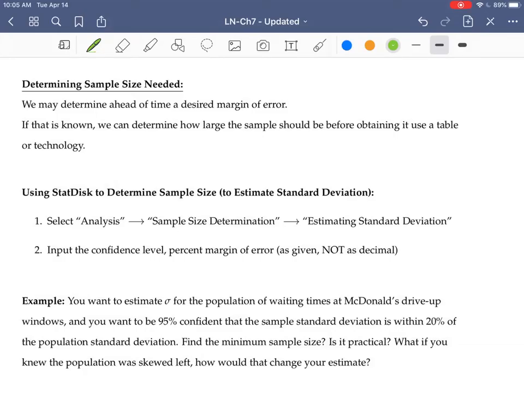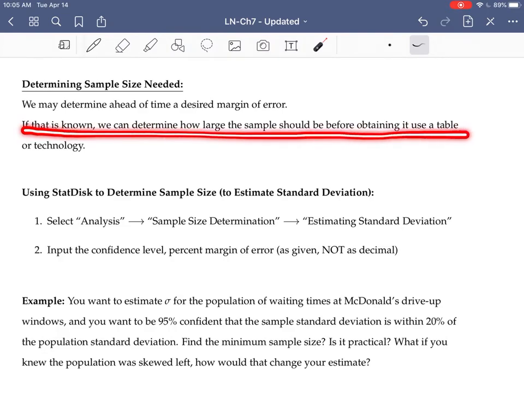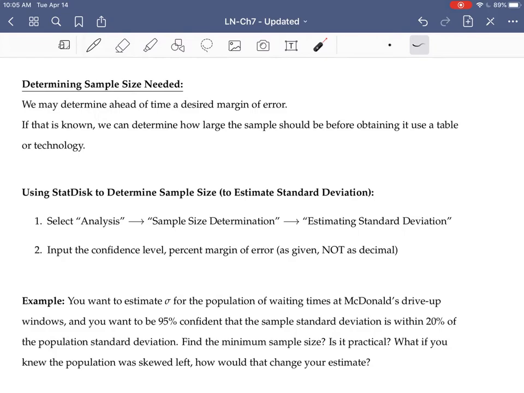In this video, we're going to take a look at trying to determine the sample size needed if our goal is to construct a confidence interval for either a population standard deviation or a population variance. So we may determine ahead of time, similar to a desired margin of error. Here, the margin of error is going to look like a percent of the standard deviation. If that is known, we can determine how large the sample should be before using it, using either a table